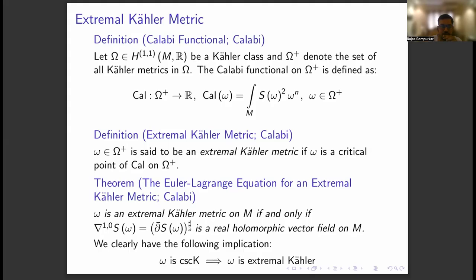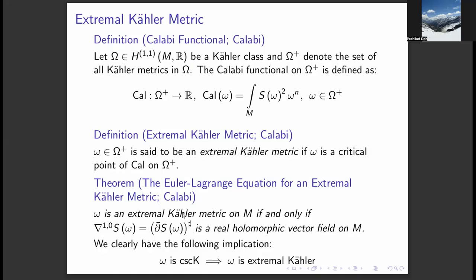So similarly, because the Hermitian metric has an underlying Riemannian metric, we have these musical isomorphisms, sharp and flat, as well. So this del bar of s of omega will be a 0 comma 1 form, and when we take its sharp, it will give us the 1 comma 0 vector field which corresponds to it under this sharp isomorphism. So then this nabla 1 comma 0 of s of omega, which is a 1 comma 0 vector field, if it is a holomorphic vector field, meaning del